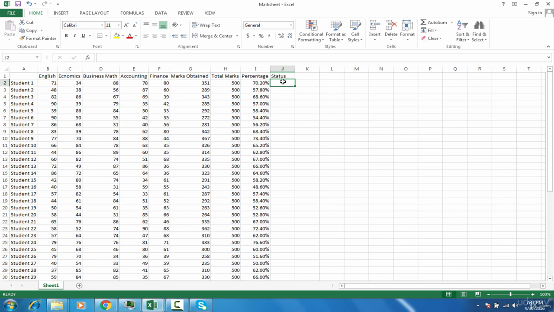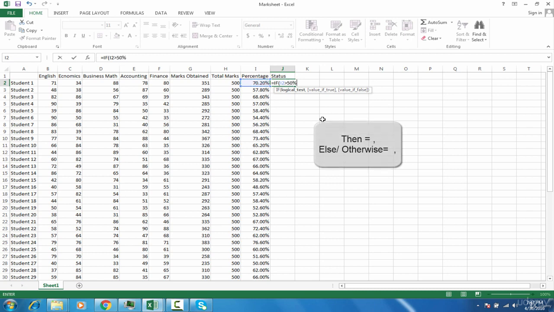So Excel is simple enough. What you have just said, write it in a formula. Equals to IF, this cell is greater than 50%, then we will mention comma for then,